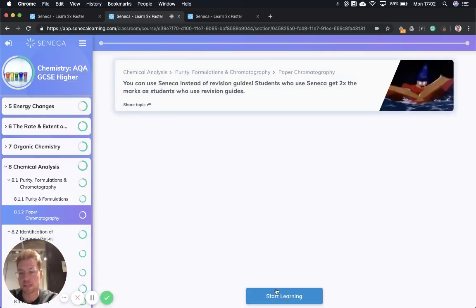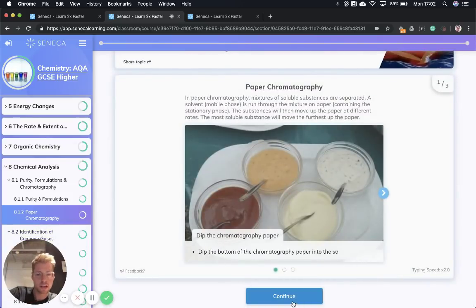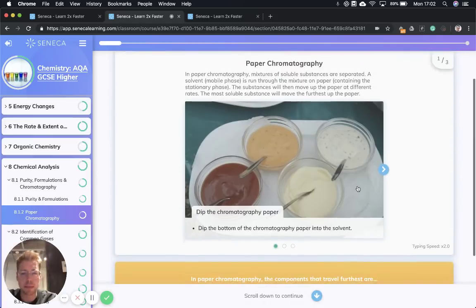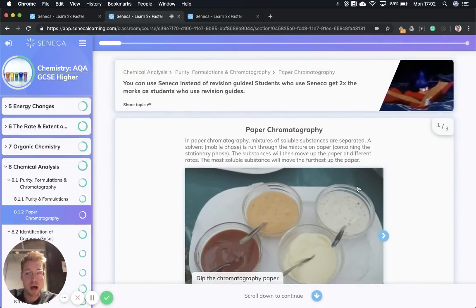Can you believe it? I'm excited. Are you excited? I'm so excited. Why am I excited? Because we're talking about paper chromatography. I love paper. I love chromatography. So this is going to be a